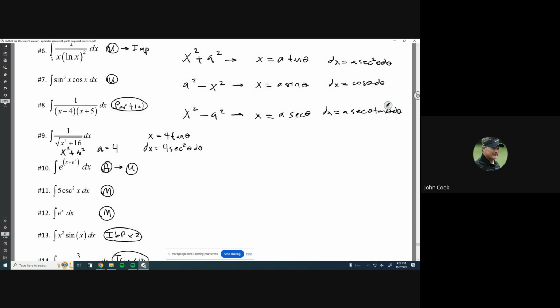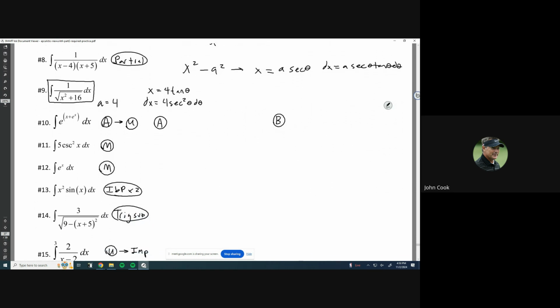So I've got 2 routes that I can go with this. I can do direct substitution, which I'll call pathway A. And then I could also be creative and find the ratio that this represents right here. That sometimes cuts out a lot of steps and is a little easier, but it's harder to use because you gotta be creative about it. So if I wanted to mindlessly and very procedurally go through this problem, I would just do